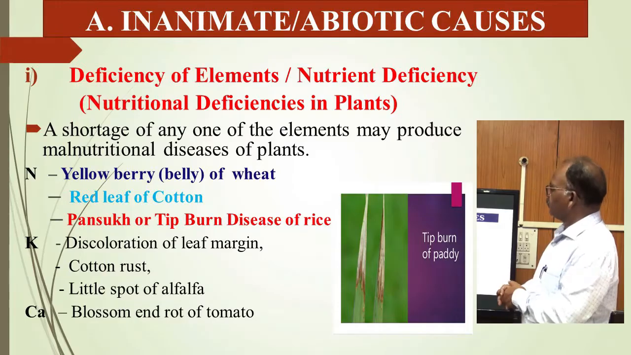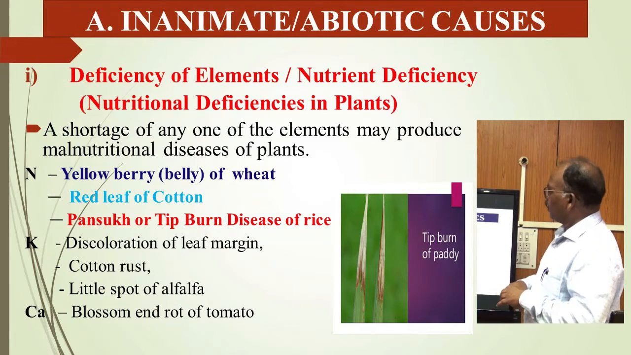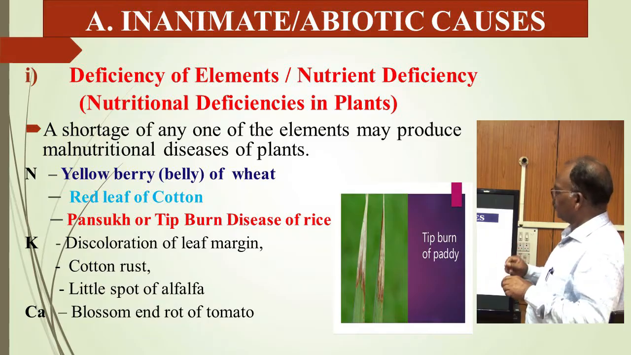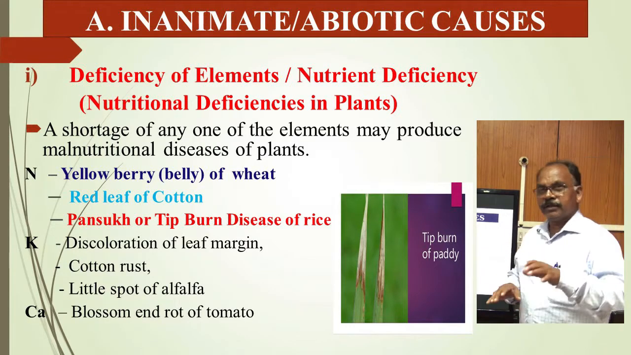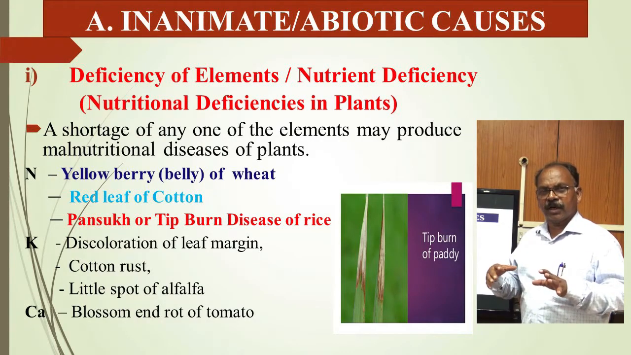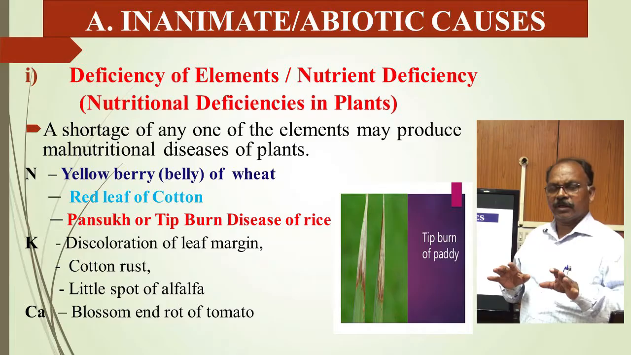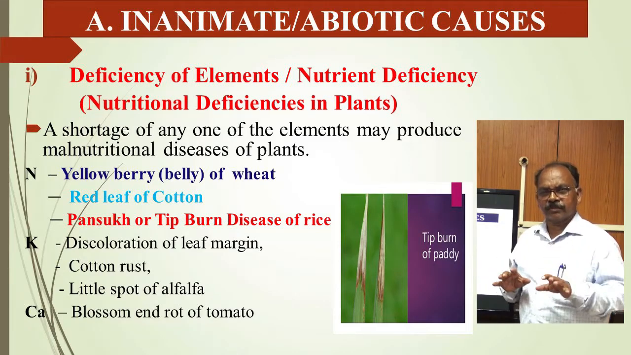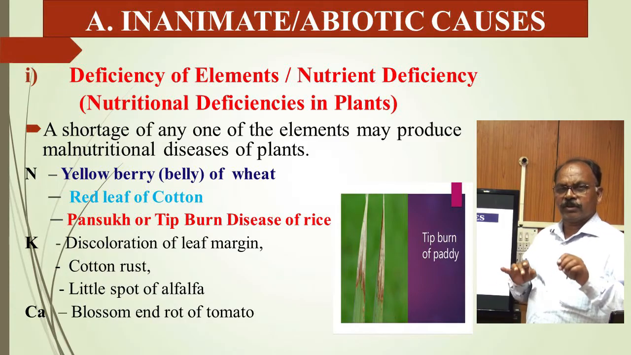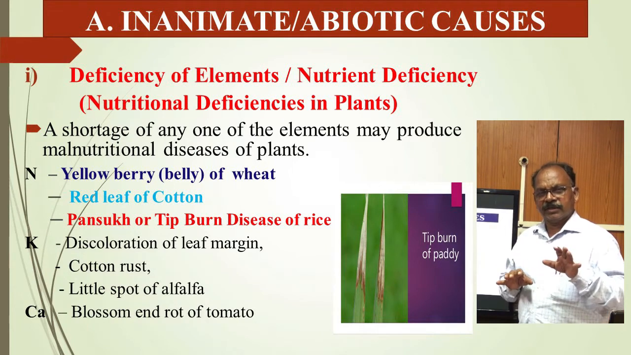Inanimate or abiotic causes include deficiency of nutrients. As you know, plants require several nutrients for normal growth. There are 17 essential plant nutrients. The nutrients which are needed in large amounts are called macronutrients, such as carbon, hydrogen, oxygen, nitrogen, phosphorus, potassium, sulfur, calcium and magnesium. All these are macronutrients. And the elements which are needed in trace, that is, in small amounts, are called